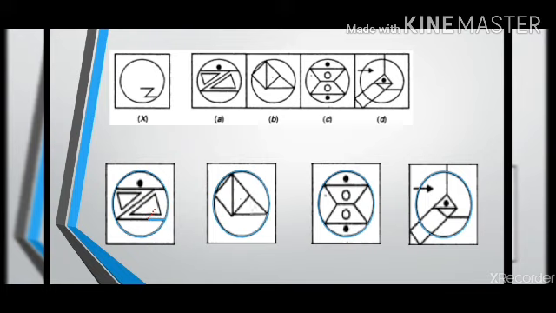Now in option B, I have the horizontal line with me, but again as in option A, I don't have this second inclined line, therefore I have marked it again in red dots. In the next figure the same problem is there. I don't have the next line with me. In option D you can see there's a Z-like figure that is being formed. This horizontal line is attached to the circle and it is forming a Z-like figure, as you can see. Now this is what the answer will look like. Option D is the answer.